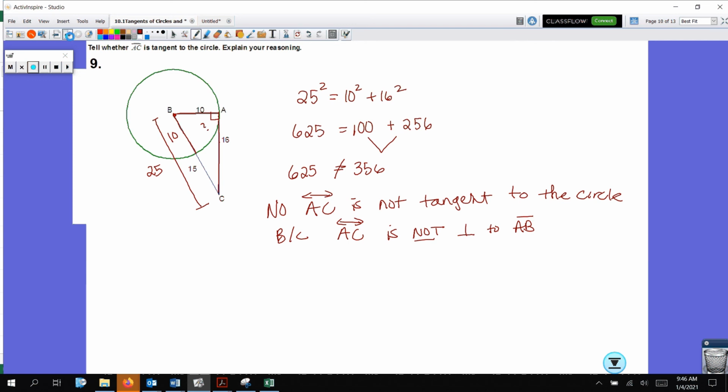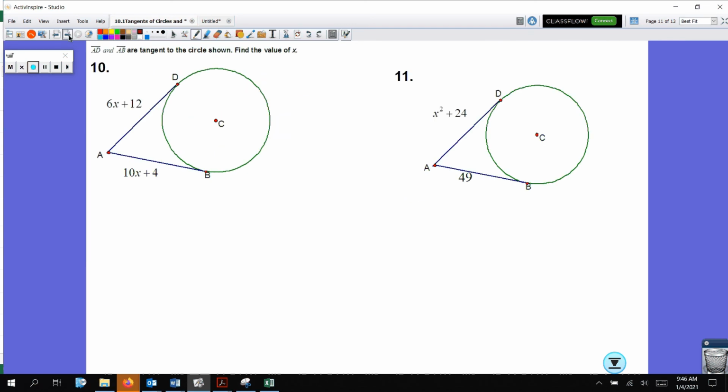Now, let's look at these two other lovely little circles here, okay? So this is like Theorem 10.2. We are talking about, they have the same length here. If there's some point out here that two segments come and touch the same circle, then we know that these are congruent. So we say 6x plus 12 is equal to 10x